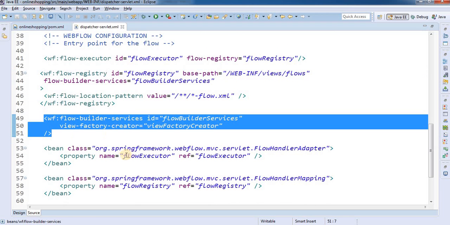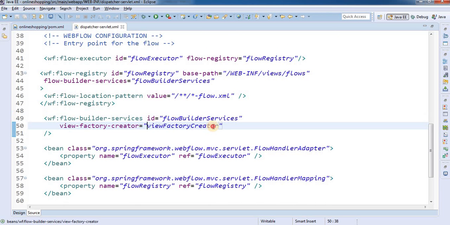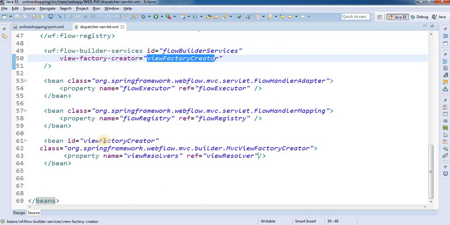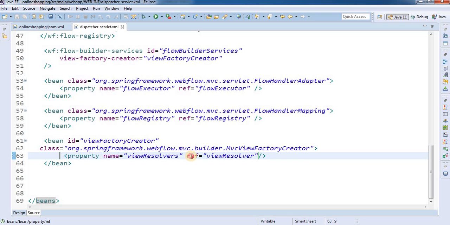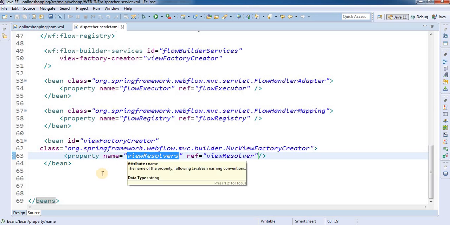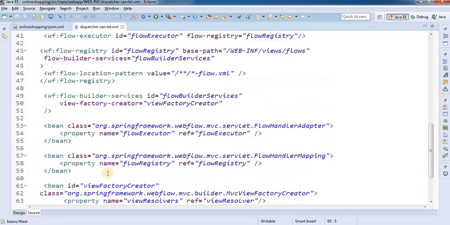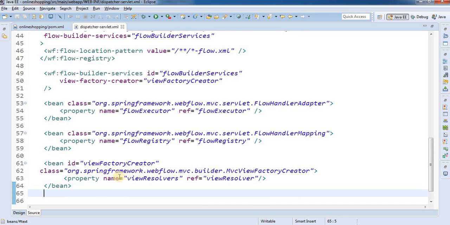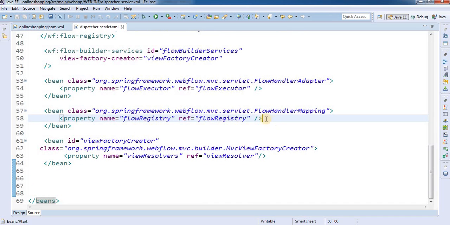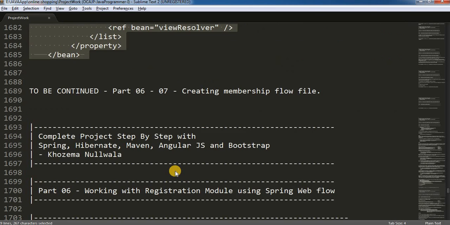We have our flow builder services to resolve the view using our view factory creator bean, which is taking our view resolver and assigning it in the property with the name of view resolvers. So this is the configuration that is required, except for the one which I have not shown you, that is order, and I'm going to cover that in the next video.